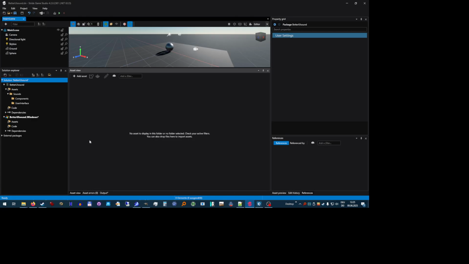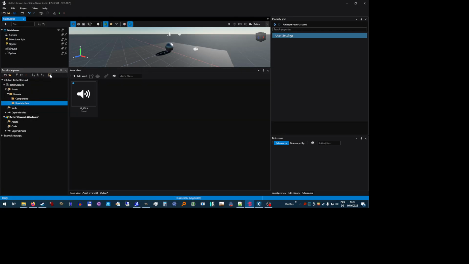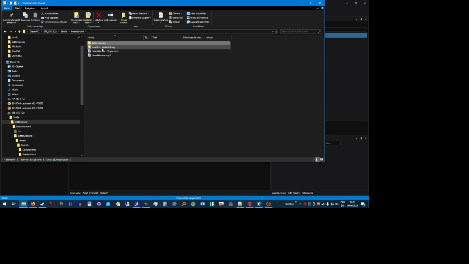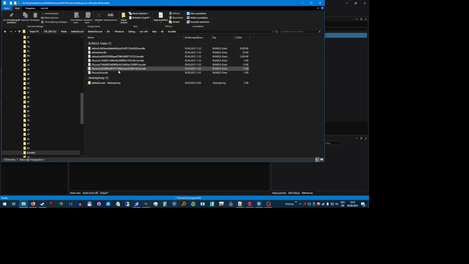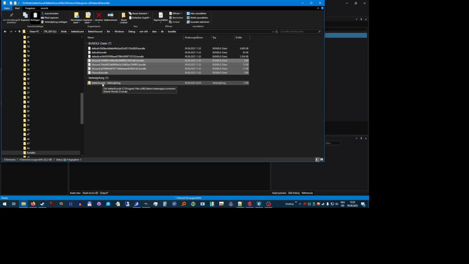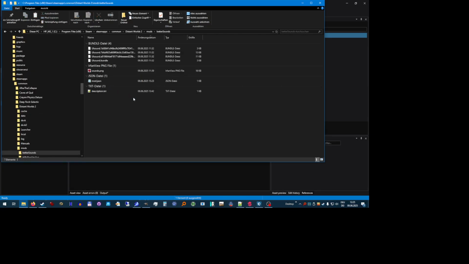Now it's starting to look a little bit complicated. I go back to this place where I showed you that you can copy this. I do it again, and here I also have a shortcut which is going into my mods folder, and this is called Better Sounds,